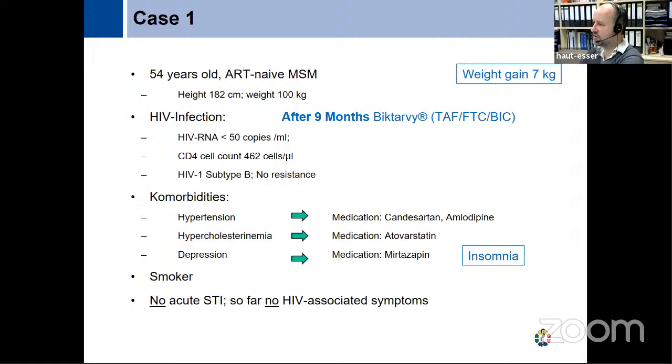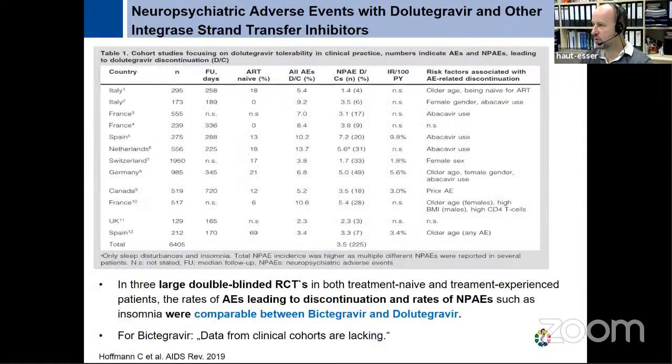He is not very satisfied with his regimen, and he doesn't feel very well, and he asks the physician, can we change anything? I'm not happy about the weight gain, and he was not happy with the psychotropic problems. So here, Antonio, you already mentioned the data of Christian Hoffmann, and you see a very nice publication of Christian Hoffmann, who collects a lot of data from different real-life patients with second generation integrase inhibitors,